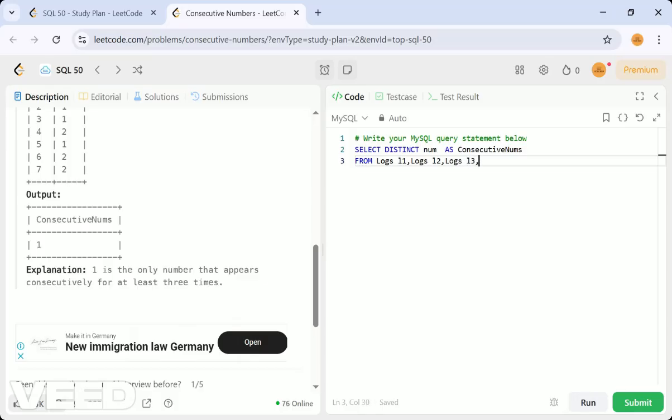This is an inner join. Now I want to apply the condition where the rows match.